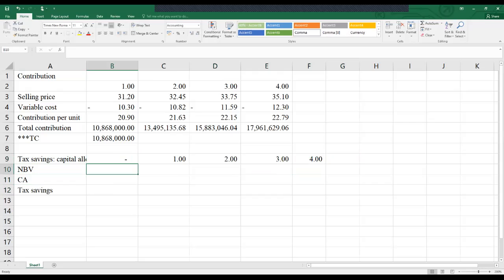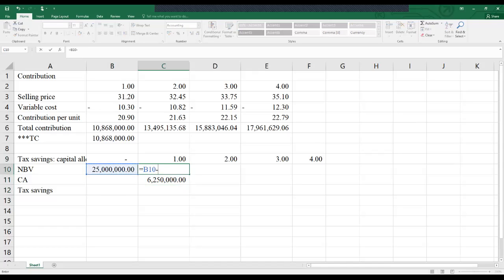The NBV at year 0 is definitely the cost of the asset, which is 25 million. Of course, in year 0 you don't claim. You claim in year 1, and you claim 25% of the NBV, which is 25 million. Therefore, the NBV at the end of year 1 is the balance at the beginning of the year